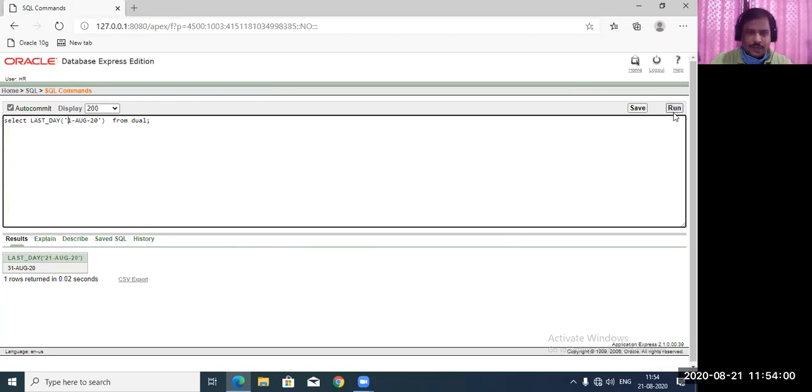And match it, whether your calculation is correct or wrong. So I think you have calculated what would be the output. Now check it. This is 31st August. So now this is also August, the month of August, and the last day of August will be the same, 31st August. Though it is 1, though it is 30, because the month is the same. So now if I run, that will also be 31st. I think you have cleared this.